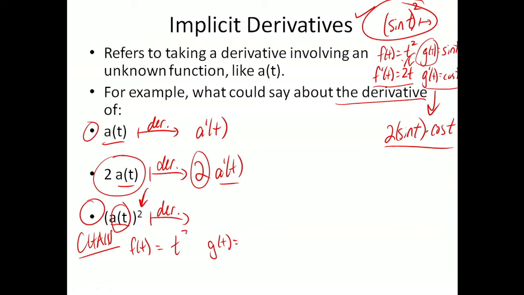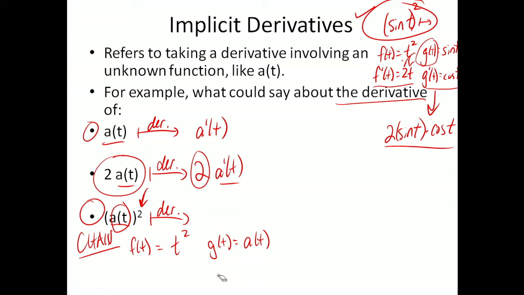So what's the function I'm plugging it into? t squared. And what am I plugging into t squared? As funny as this looks, a of t, right? So let's do our usual check for the chain rule. Did I get the chain rule set up right? Is it the case that I have g plugged in for t, and that's what I have? Yes, it is, right? I have a of t plugged in for t, which is squared, which would be a of t squared. So I've got the correct setup for the chain rule,